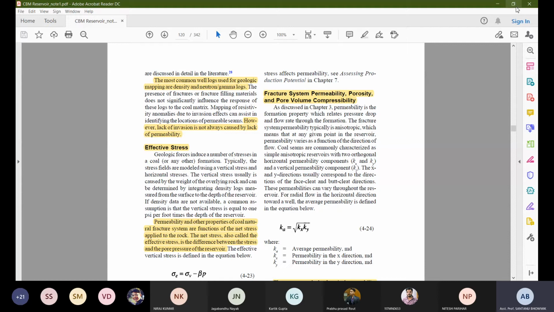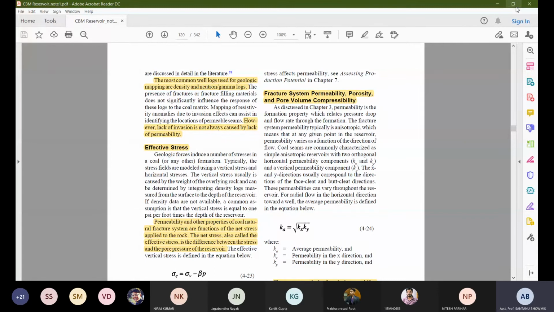If it is not in the hydrostatic stress condition, there are three different stress conditions. One is uniaxial: only vertical stress, no horizontal stresses. The hydrostatic stresses, where it behaves like immersing a body into water, and all the x, y, z directional principal stresses are equal. That occurs at greater depth, nearly 4 kilometers or 5 kilometers or even much higher. Whereas